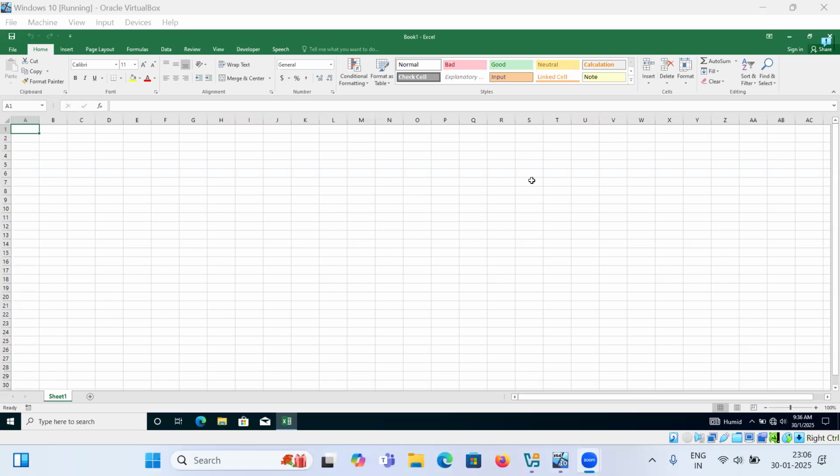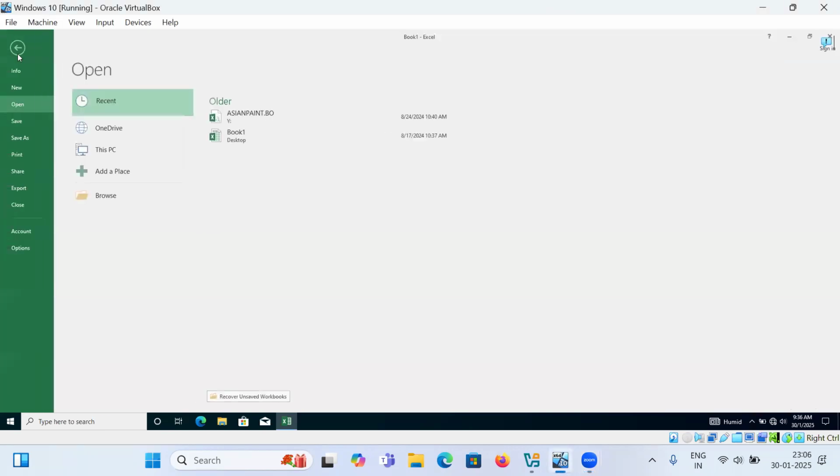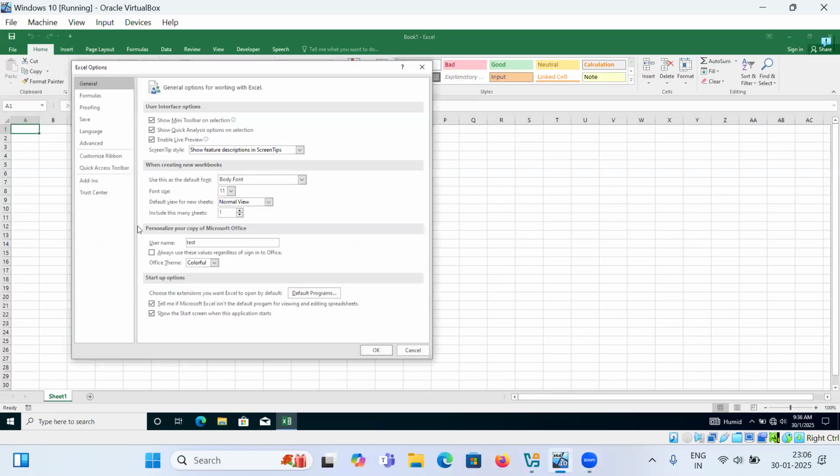In this video, I am going to show you how we can personalize Excel 2016. To personalize Excel 2016, you can click on File and click on Options. And here you can choose your settings, like what kind of font you want to apply to all the documents,